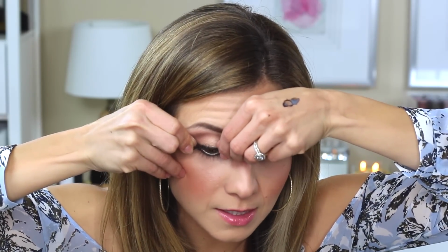I just put lashes on clean lashes, and then I'll go back and add mascara if I feel I need to. But what I'm going to do is hold both ends, and come right here, and figure out where I want it, and secure one edge. So for this time it was the outer corner. I secured that. Then I'm going to softly secure the inner corner. Okay, and then once I feel like it's sticky enough and it's not going to move around a whole lot,